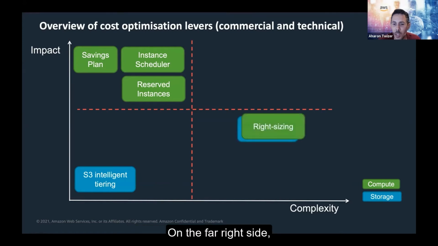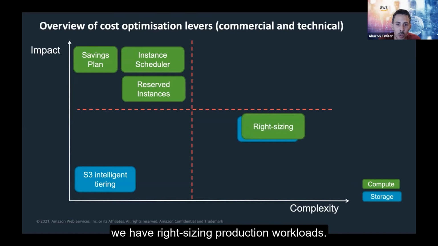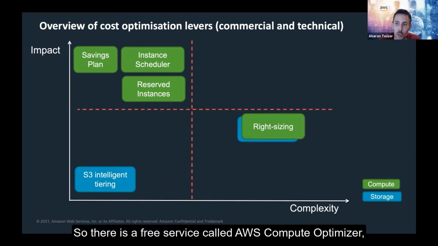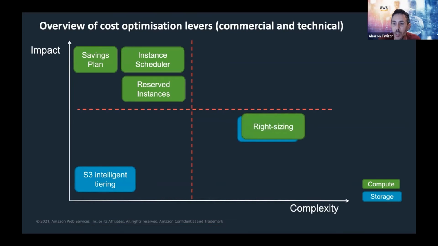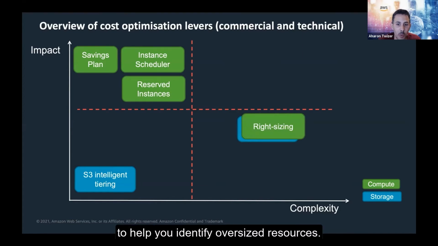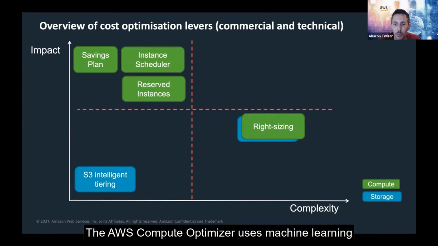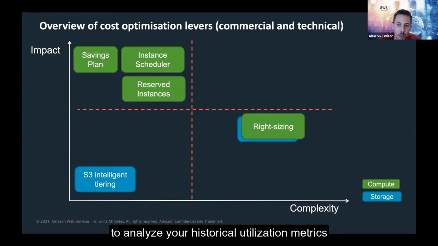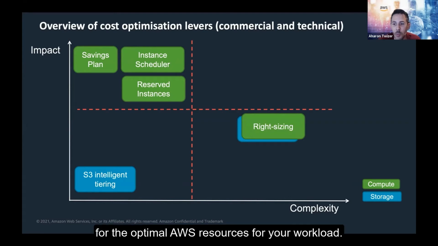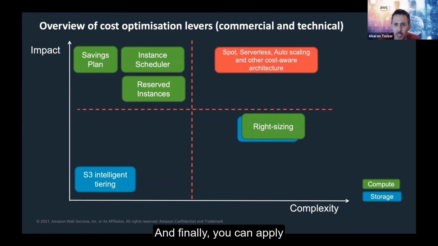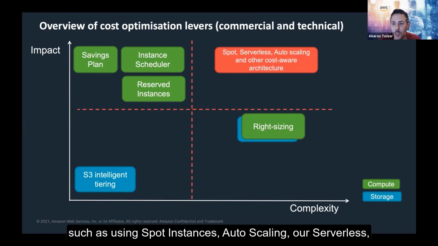On the far right side, we have right-sizing production workloads. There's a free service called AWS Compute Optimizer that you can utilize today to help you identify oversized resources. The AWS Compute Optimizer uses machine learning to analyze your historical utilization metrics and make recommendations for the optimal AWS resources for your workload. And finally, you can apply more advanced cloud-native methods such as using Spot Instances, auto scaling, serverless,